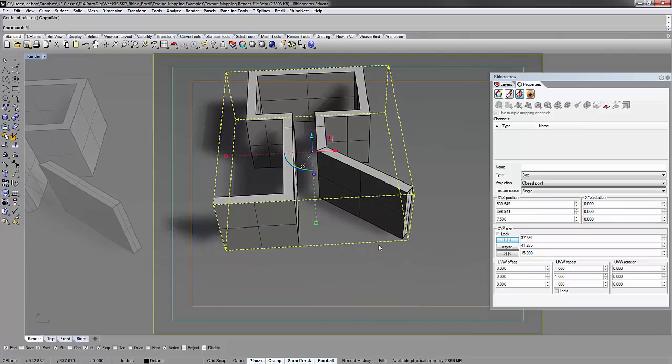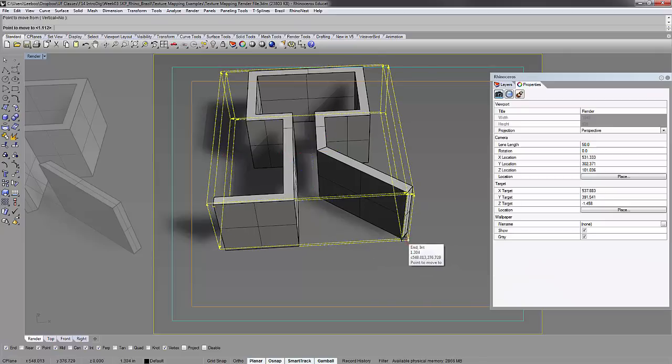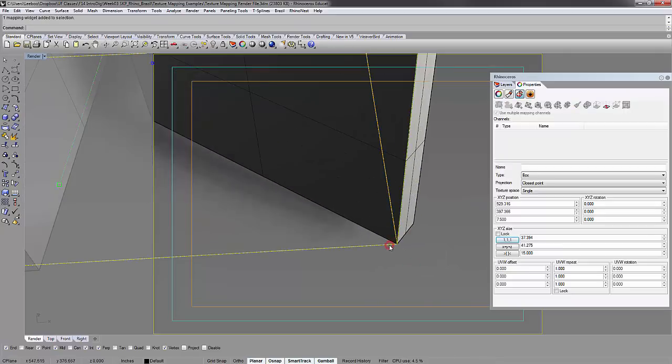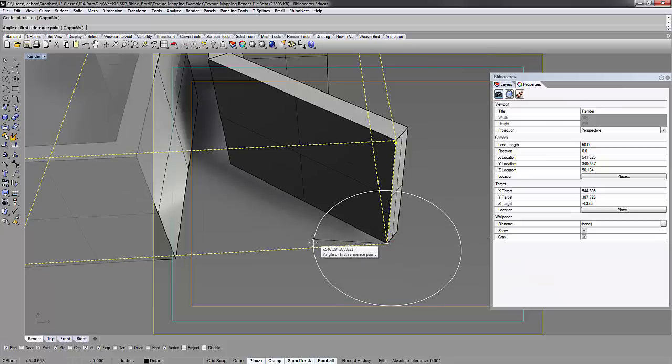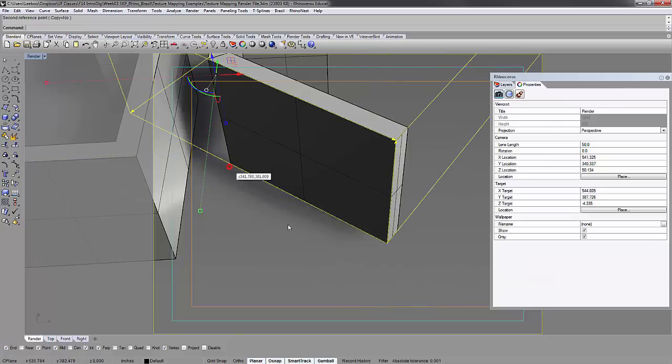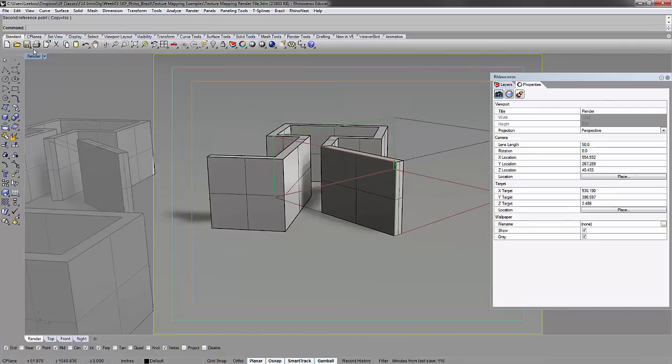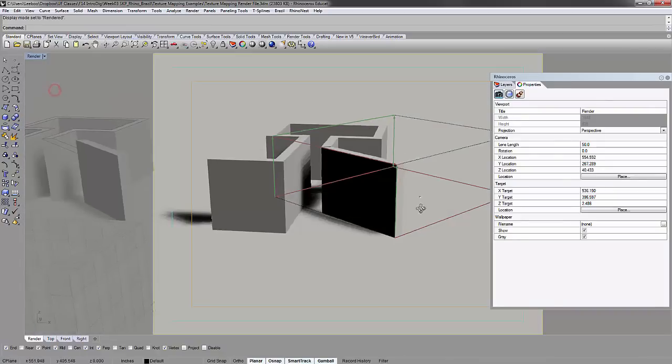Actually, let me move it to this corner, and then rotate it to match that and that. And so when you go to the render view,